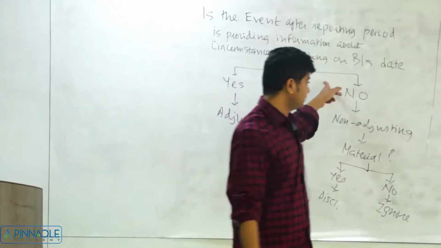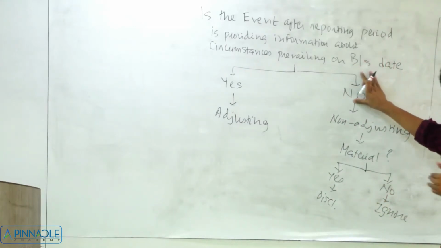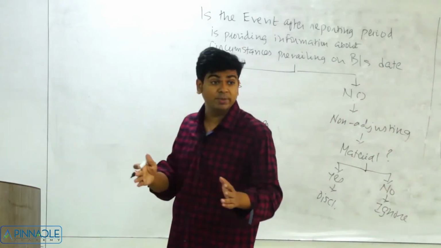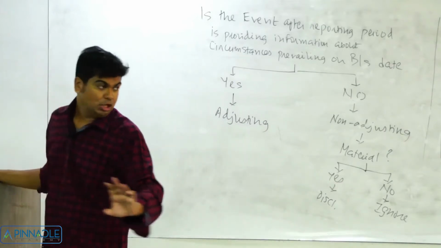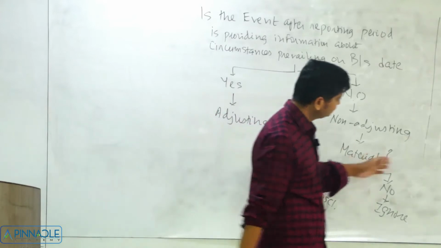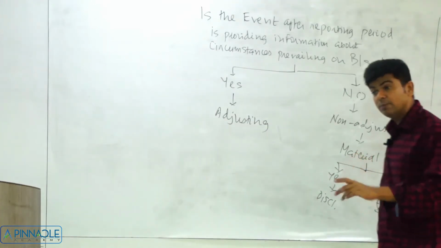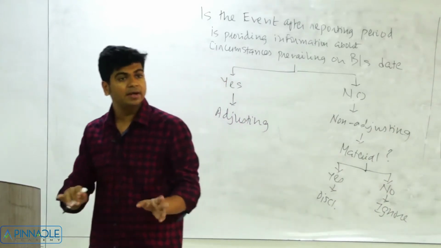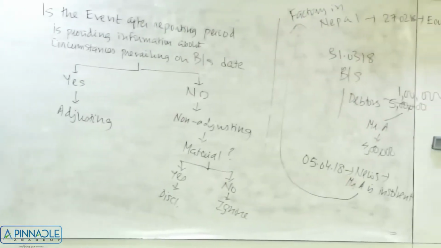But now we realize that, see, this person became insolvent because of the earthquake which had happened before the balance sheet date. And that is the reason we will consider this to be an adjusting event. So what will happen if it is an adjusting event? I will reduce my debtors by 4 lakhs. I'll now show my debtors as 1 lakh. And 4 lakhs will be debited to the P&L. I'll recognize this as a provision for bad and doubtful debts, or I may just simply write off the debtors. That is what I can do.